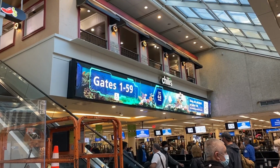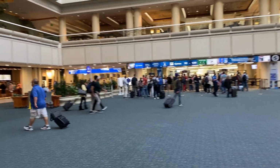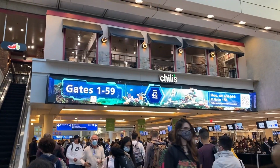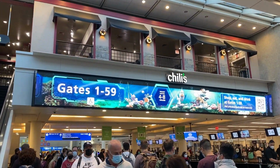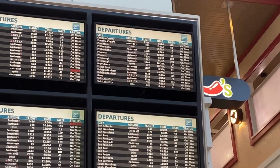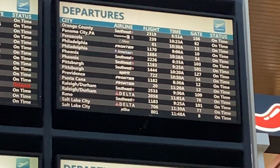Now, remember how I said that the security line can be crazy when it comes to visiting the Orlando airport? The last thing you would want to find out is that you chose the wrong terminal and the wrong security checkpoint and figure out that your gate is not even located at that terminal, and then you have to go through security all over again and potentially miss your flight. So what I do each and every time that I fly is I always go to the monitors and figure out which gate my flight is flying out of,